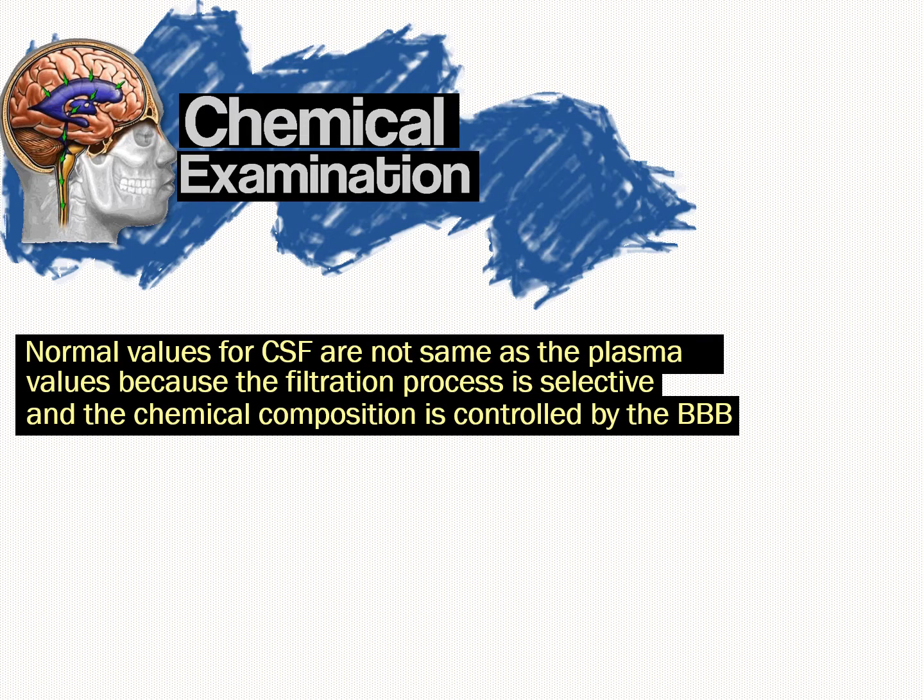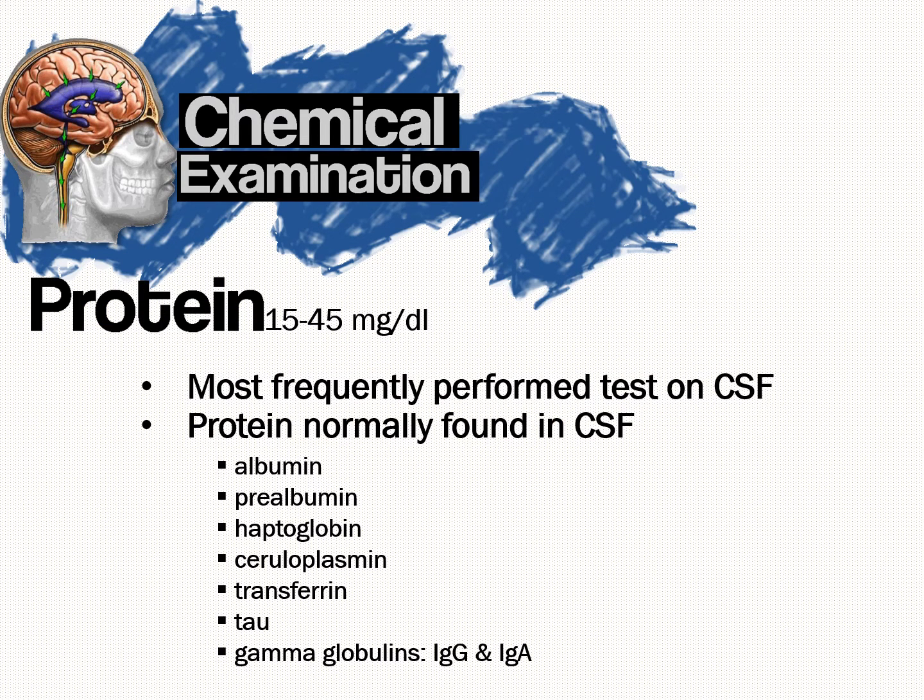The normal values or reference ranges for CSF chemicals are not the same as the plasma values because the filtration process is selective and the chemical composition is controlled by the blood-brain barrier. The first chemical test that we will study is protein. CSF protein falls between 15 to 45 milligram per deciliter. This amount is less than 1% of what we have in the blood. Protein is the most frequently performed chemical test on CSF, and the following are the specific proteins normally found in